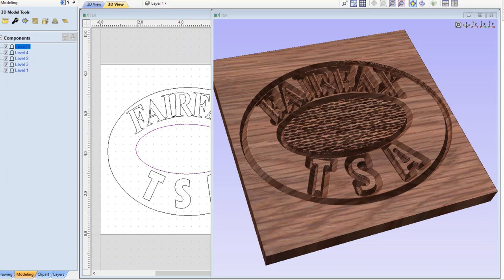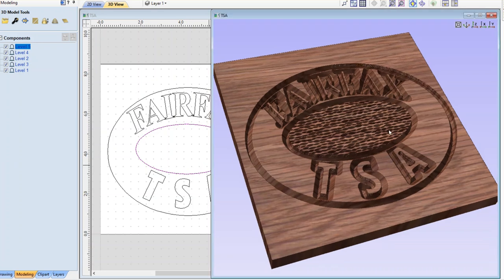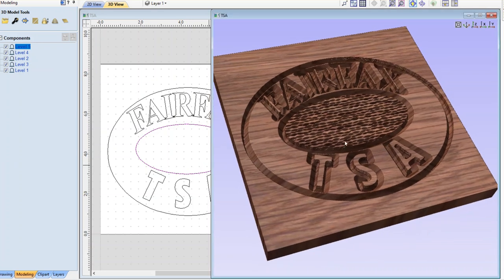So the design is a TSA logo. I just created it in a few seconds. You can see the carving machine, the CNC automated computer numerical control system, generates this carving after you design those lines. On the right hand side, you see the final result, what it's going to look like when it is finished. I'm going to simply close this, because before we get to this result, we have to have